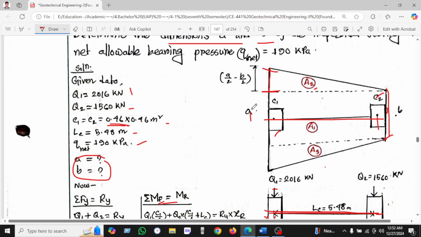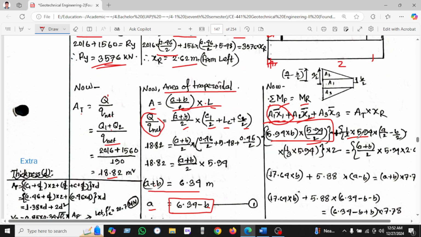So we know this is the total A, this is the total A, and this is the A by 2, and this is the half of A. And if we deduct, this means is B. So B divided by 2, it will be B divided by 2. So if we subtract from A by 2 minus B by 2, then we will find the length of this portion. Okay, so in this way we have found A by 2 minus B by 2, and XR will be